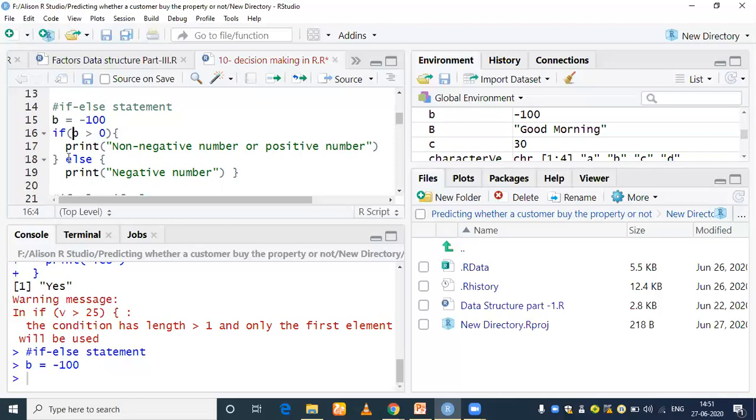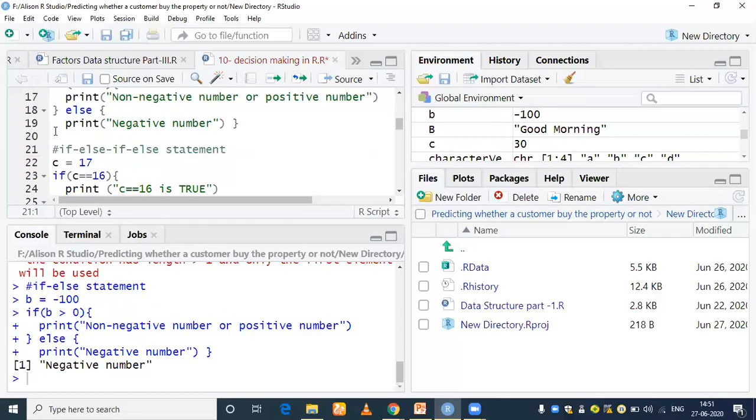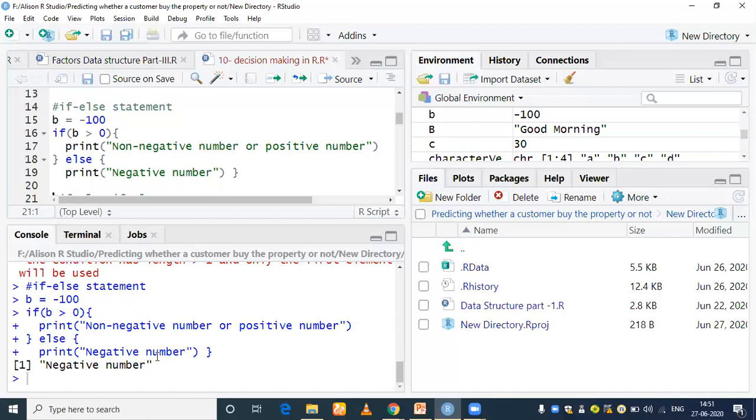Hence, it will jump to the else statement. Inside the else statement, whatever you want to print, negative number. So let me execute line number 16 and let's see the output. Got it? Can you see the output, negative number? Why am I getting the negative number? Because the if condition is evaluated to be false, hence the else block got executed.